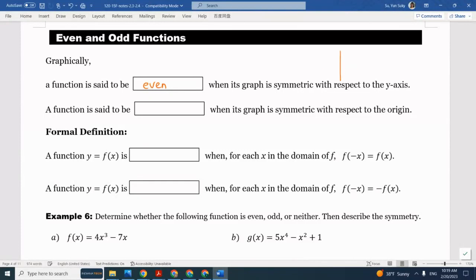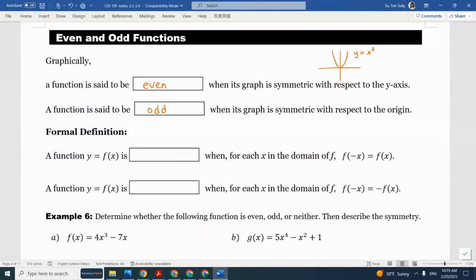Example. Okay. Example. This is y equals x squared. Okay. And you can see this is an even function because it's symmetric with respect to the y-axis. Right? Applied on the graph. You take a mirror image about the y-axis. That point is also on the graph. Okay. And then a function is said to be odd